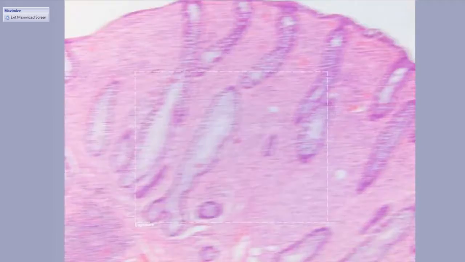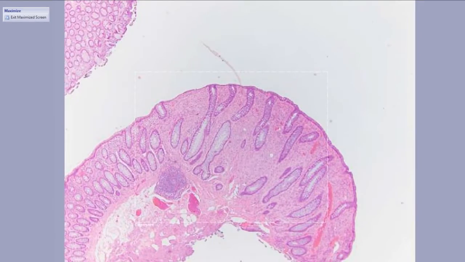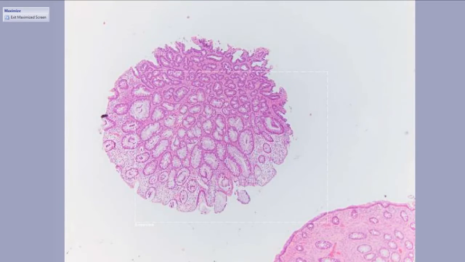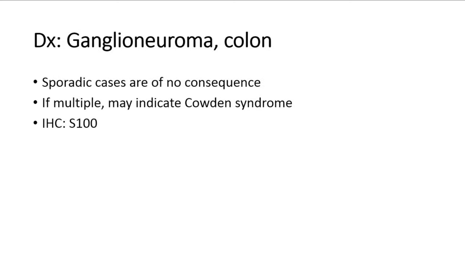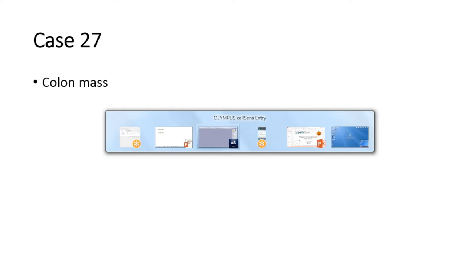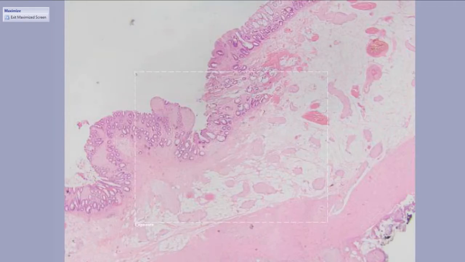If a patient just has a single ganglioneuroma, it means nothing. Again, that TA is going to mean more for them than a single ganglioneuroma. If they have multiple, let's say 2, 3, 5, a handful, they might have Cowden syndrome. S100 positive. So single doesn't mean anything. Multiple, maybe Cowden syndrome. But what if they have a confluent mass of